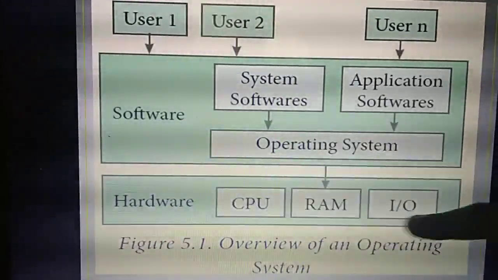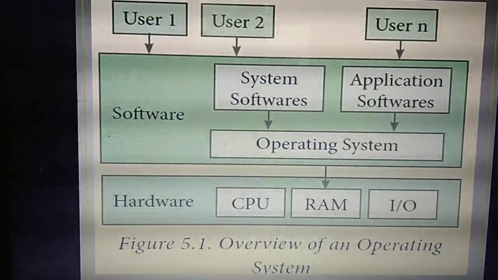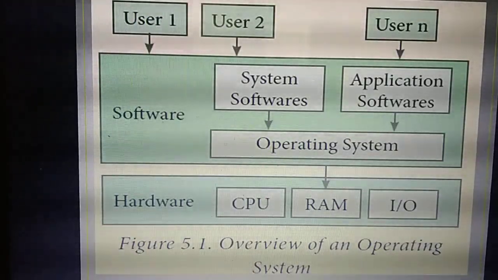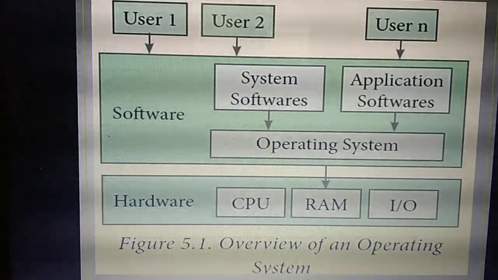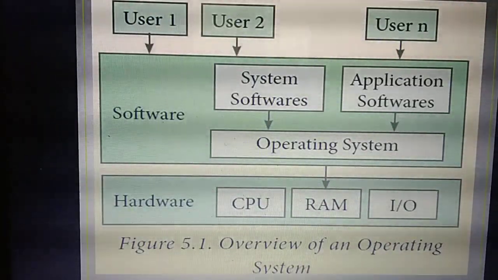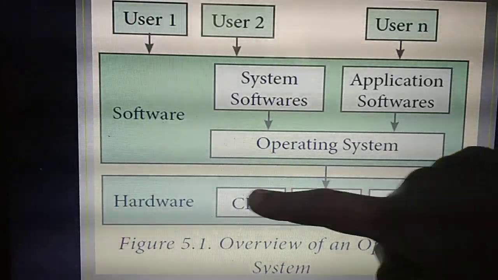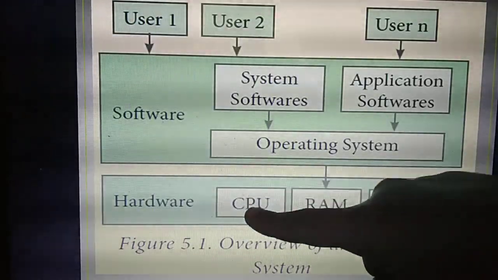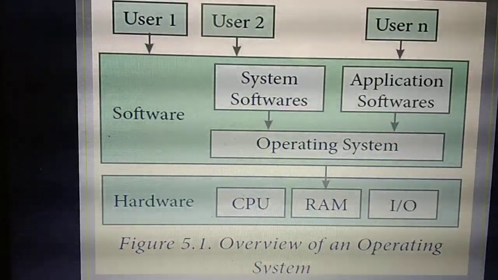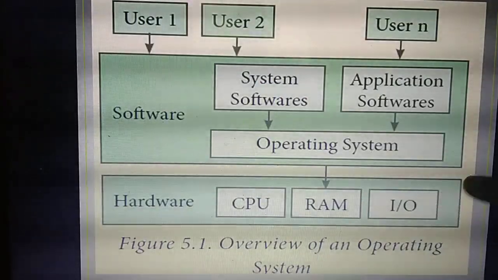Then all these hardware parts. What do you mean by hardware parts? What are the hardware devices you have studied? Monitor, keyboard, mouse, scanner. Inside here they are given inside the CPU. So in the CPU, what are the devices you have studied? Memory devices, then motherboard. A lot of things you have studied, isn't it? So simply they have given in the hardware block as CPU. Inside the CPU, what do you mean by RAM? RAM is a memory, isn't it? Random access memory.